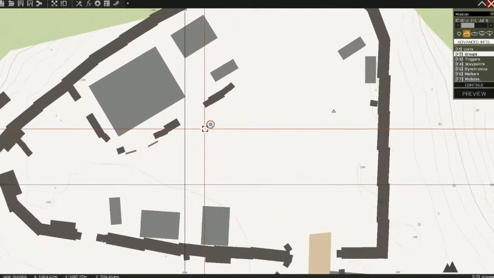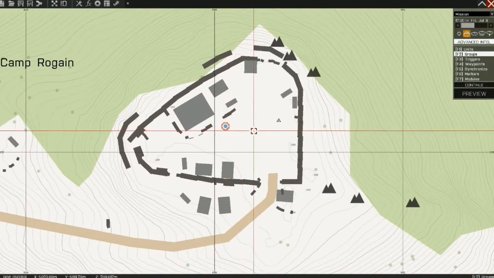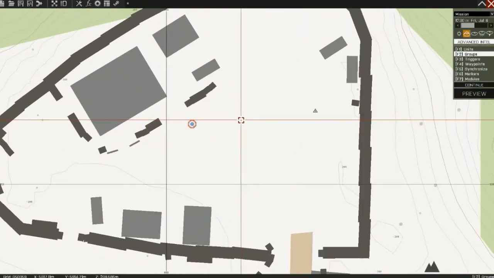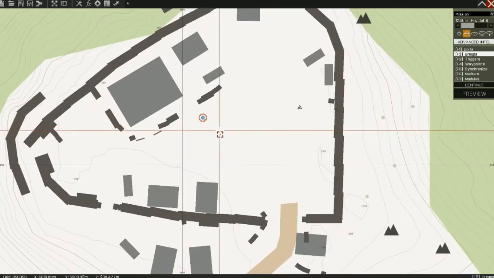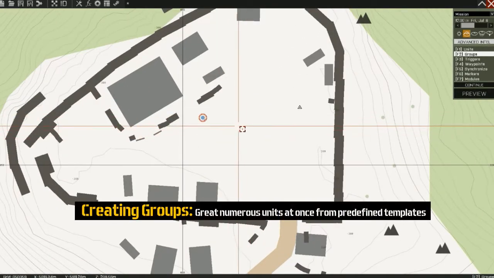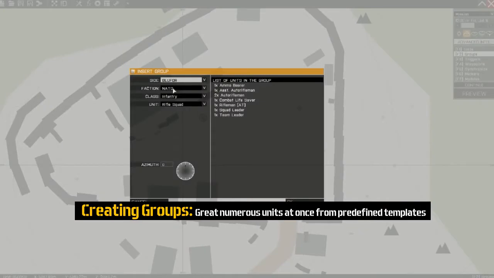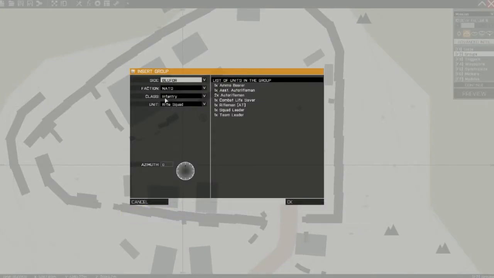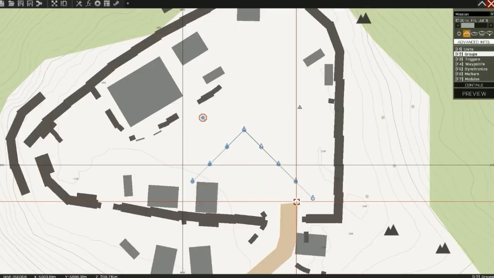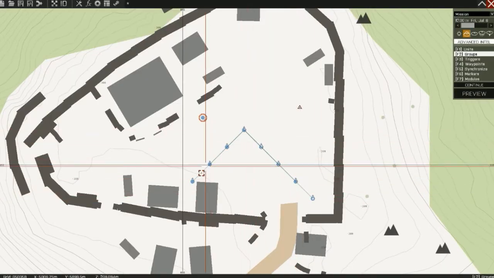So now we've got groups. Groups is pretty similar, except it puts numerous amounts of units down on the map at once, and the game gives you subclasses for that. So if we double click, it now gives us the same sort of options, but based on the class, now it is infantry, of all these different ones. We'll stick with infantry for simplicity. If we go down to weapons squad, you get a bit more troops. So you will get all of these at the click of one button. So we click OK. Now these are all in game.